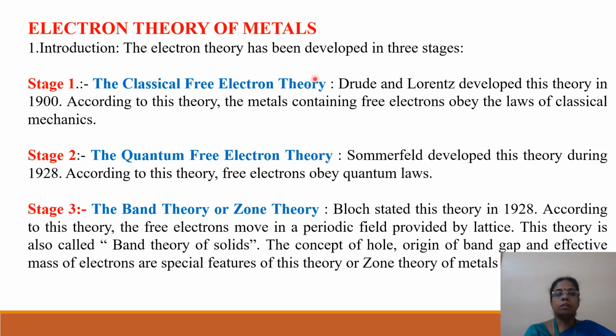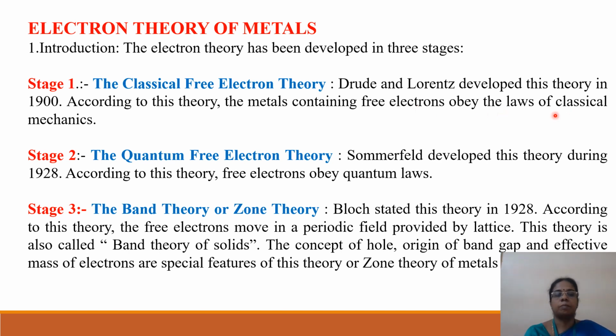There are three stages at which the electron theories have been developed. Stage 1 is called the classical free electron theory. It was developed by Drude and Lorentz in the year 1900. According to this theory, a metal consists of free electrons, and the electrons in this metal obey the laws of